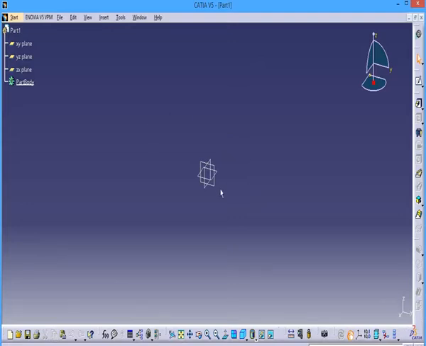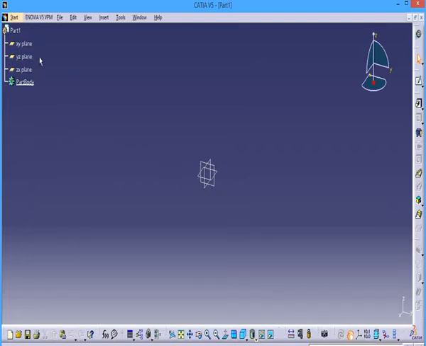Here I will tell you the two parts and their importance. This is one part, and this is the specification tree. This is called the specification tree. Everything, all the options, the works, and the activities you are doing will be created here. I will show you how it will be.